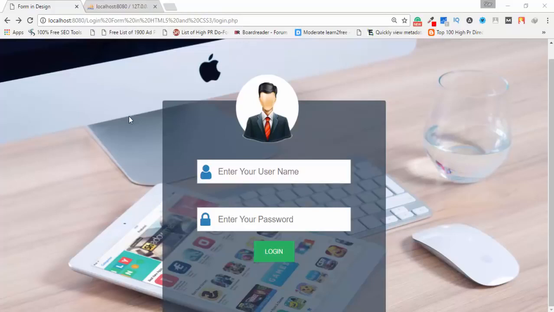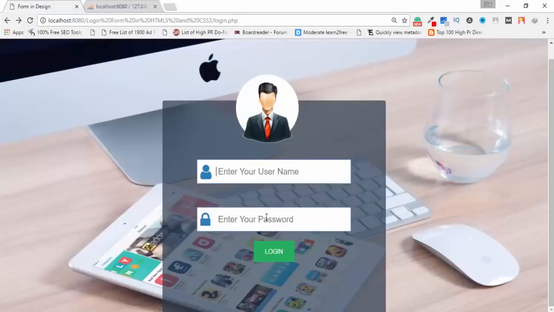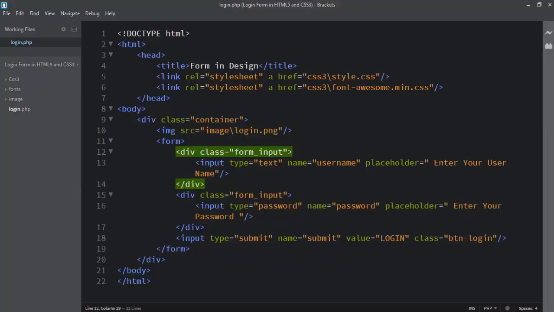PHP and MySQL. This is a login form I have designed. I use this form to connect to the MySQL database. This is very simple HTML code that I covered in a previous lecture. In this video I'm going to show you how to link the text boxes like this and this with a database. There is a very simple process to connect to the SQL server and make a login form